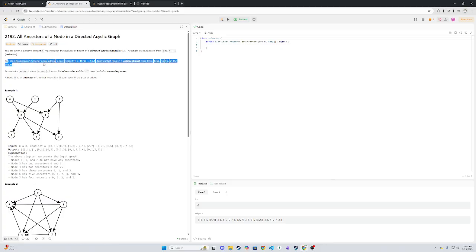You are also given a 2D integer array edges, where each entry denotes that there is a unidirectional edge from one node to another. Okay, so it's directed. That's pretty standard. Return